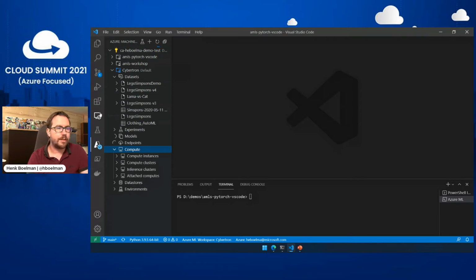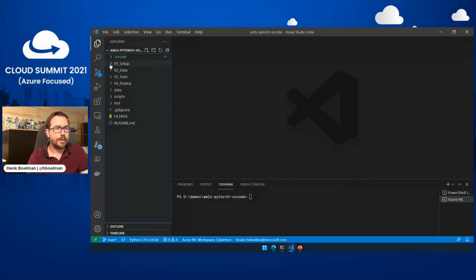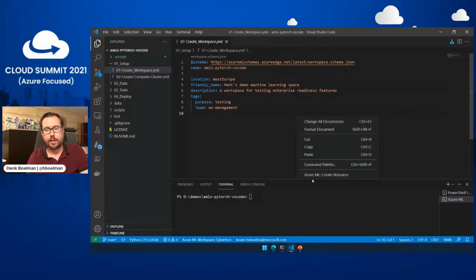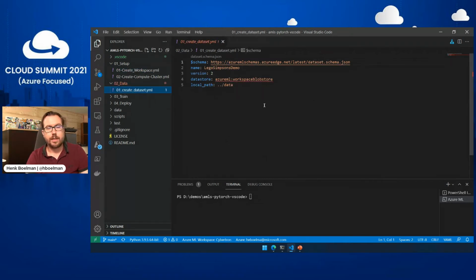So let's dive into some of these configuration files, what you can do. So I can go back to my files. And here I have create my workspace YAML file. I will tell the name, tell which location it has to be deployed, give the friendly name, can give it some tags, and I can right click on it and run. I will not do that now because we don't need a new workspace,